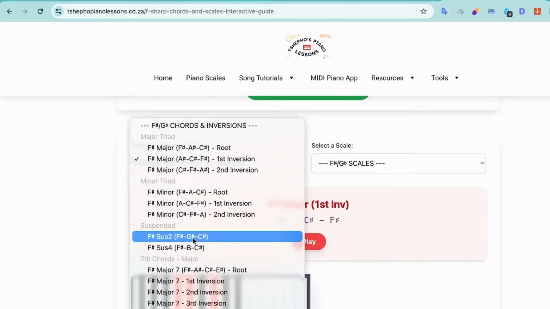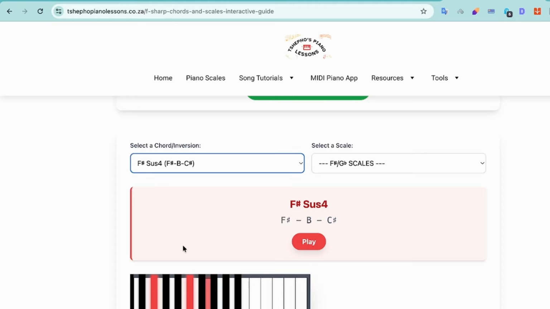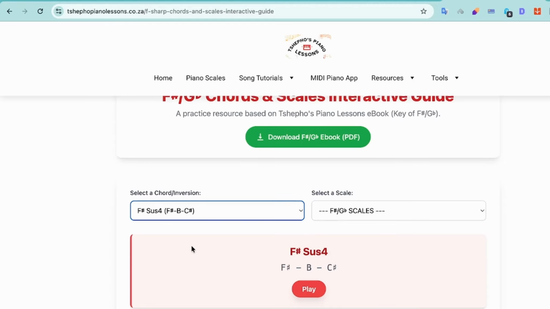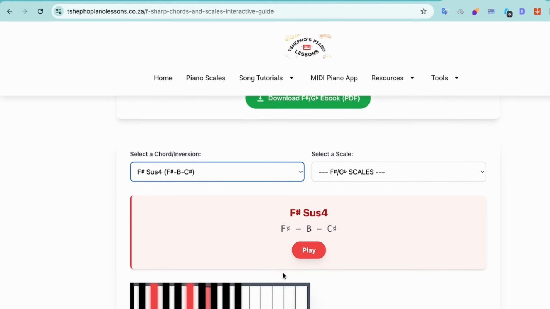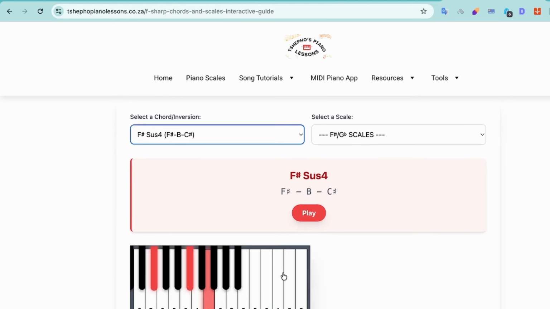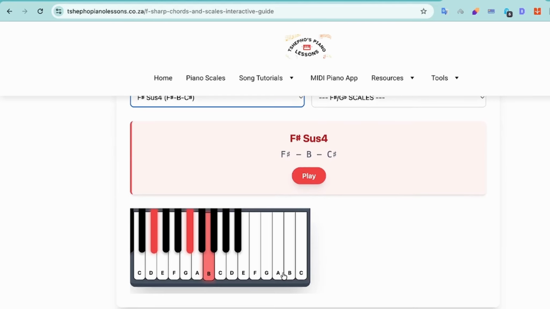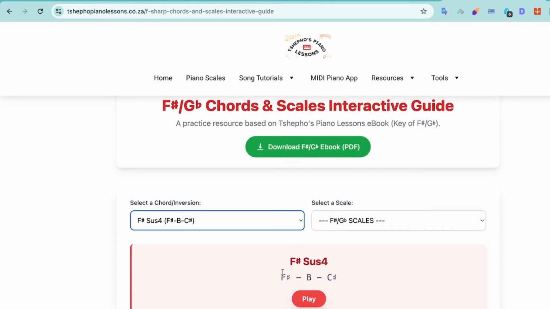Maybe you've heard someone speaking about the suspended 4, but you don't know how to play it. You can just come here, and if you know the letters on piano, because we're using the letters here, then you'll be able to. And if you don't know how to play in letters, we've also included the visual here, which is very important, because there are some people that are still learning